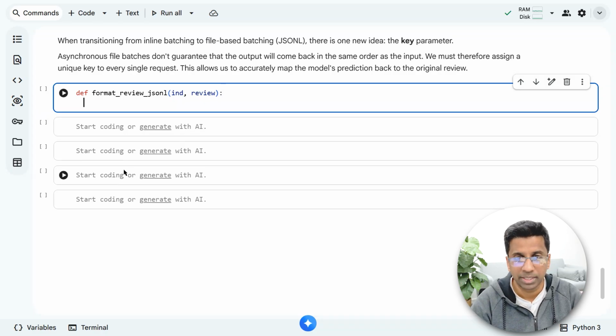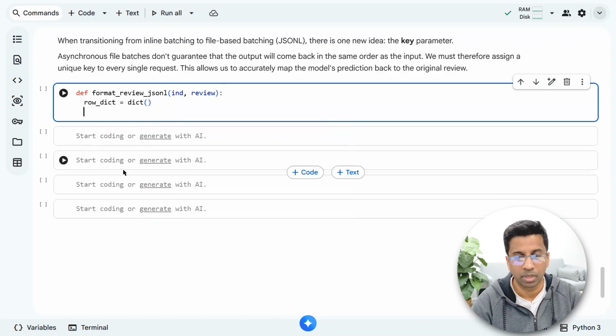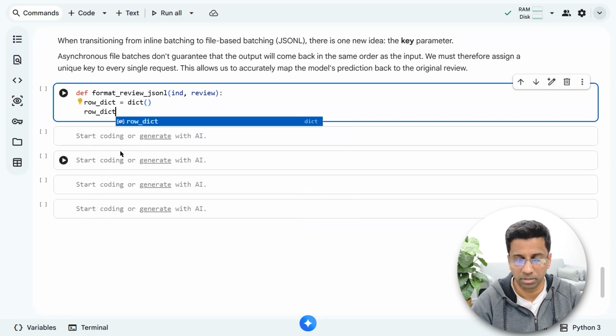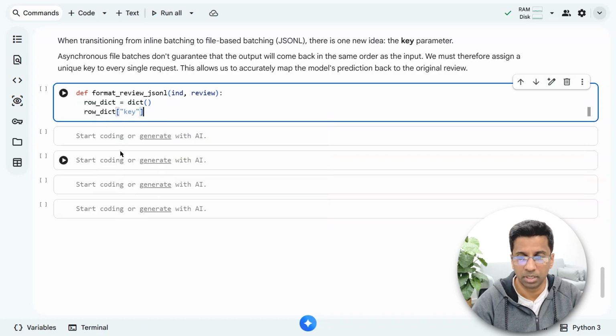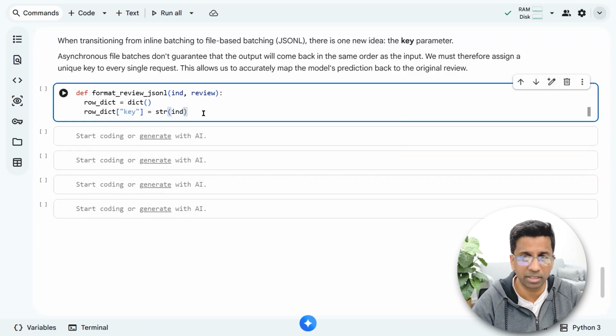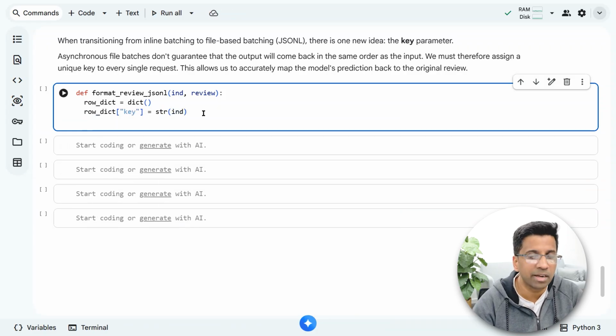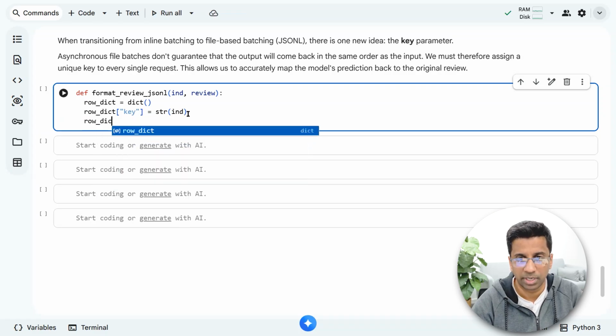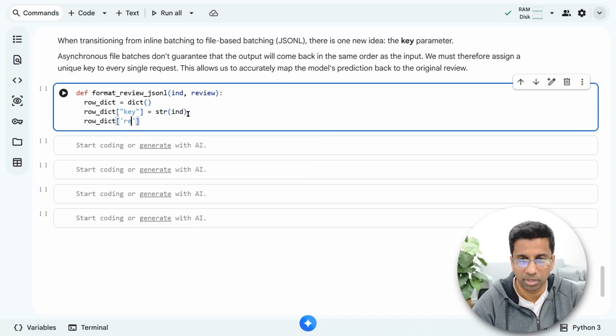Okay. So this time the row_dict. Let's start with the blank dict. This is still fine. Now, the first thing you need to add is the key. So row_dict and add a key. And as I mentioned, it is better to have it as a string, even if it's a number. The API is lenient, it might accept it, but just keep it a string. Second is row_dict, and here you need to have the request. And